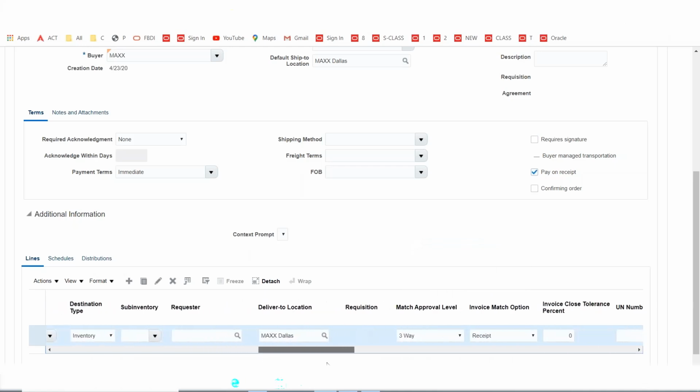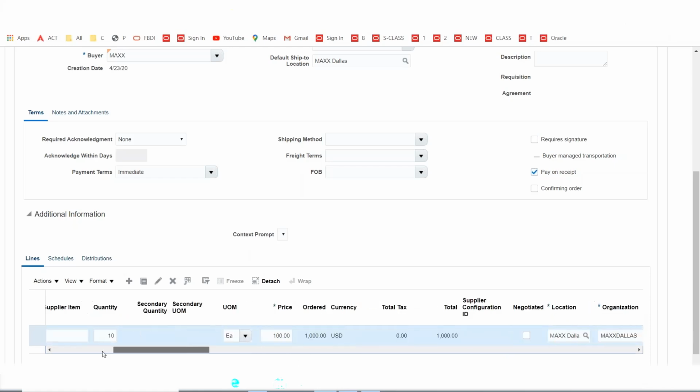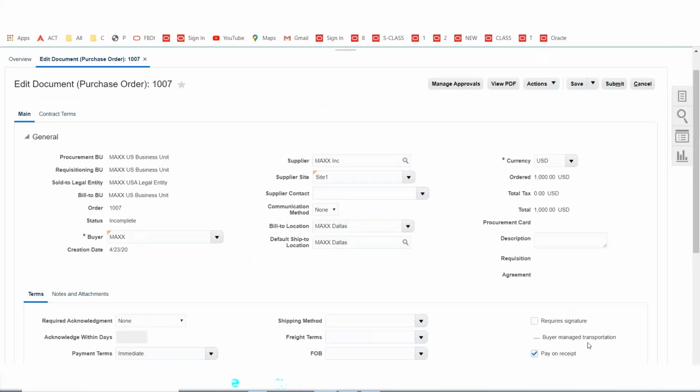Okay. Now here which options you are selecting doesn't matter. The reason we are not going to create invoice through matching. The moment you create the receipt, system will create the invoice. It could be anything. Okay. Since we are not going to create invoice through matching, you don't need to worry about these options. Save it